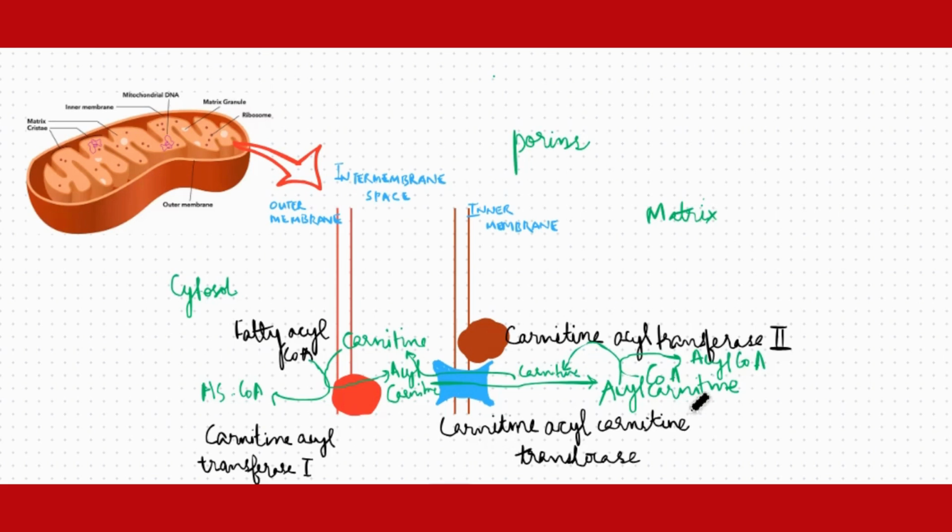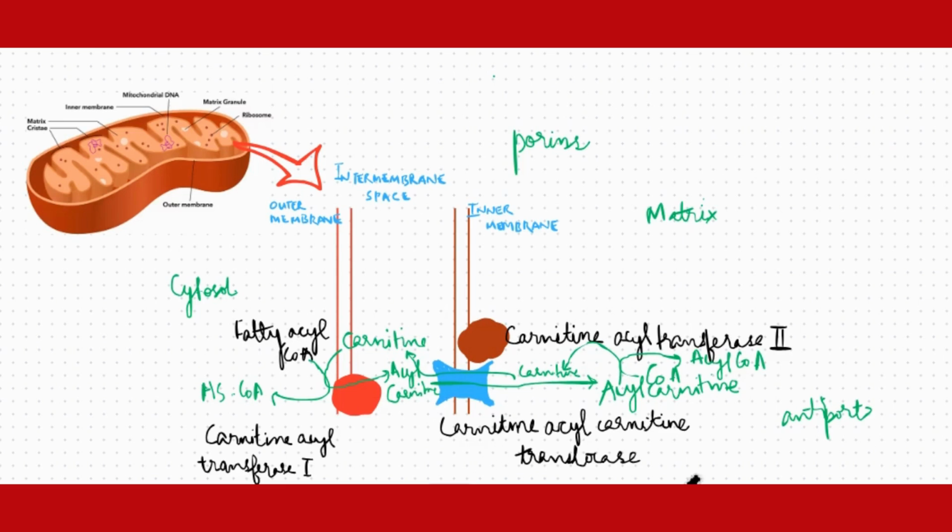So it is an antiport system. Any kind of antiport system is one wherein the molecules are being transported in opposite directions. Here you have the acyl carnitine coming in, and at the same time a molecule of carnitine is going out. So this type of system is called an antiport system, where two molecules are moving in opposite directions,